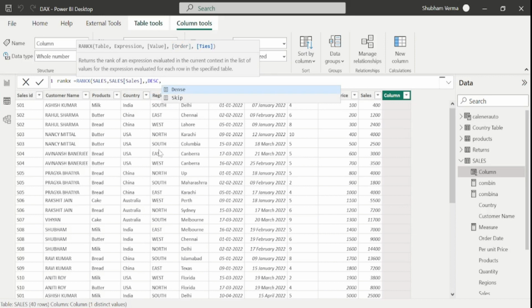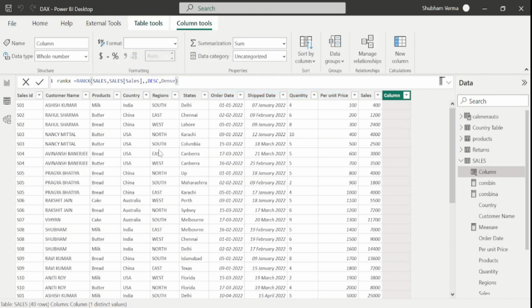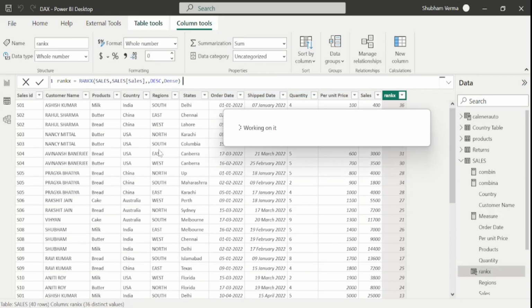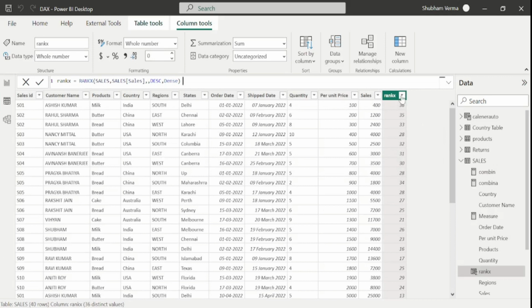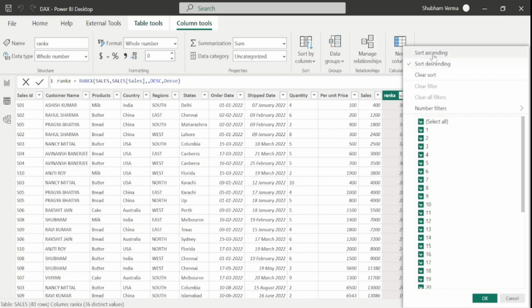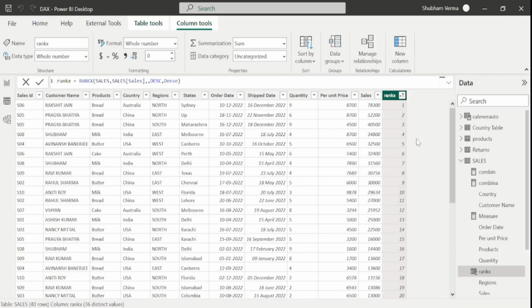So firstly we will understand dance, and close the bracket and hit enter. So here we can see guys our new column has been added with rankings. So let me sort it into ascending order guys, and now here you can see,